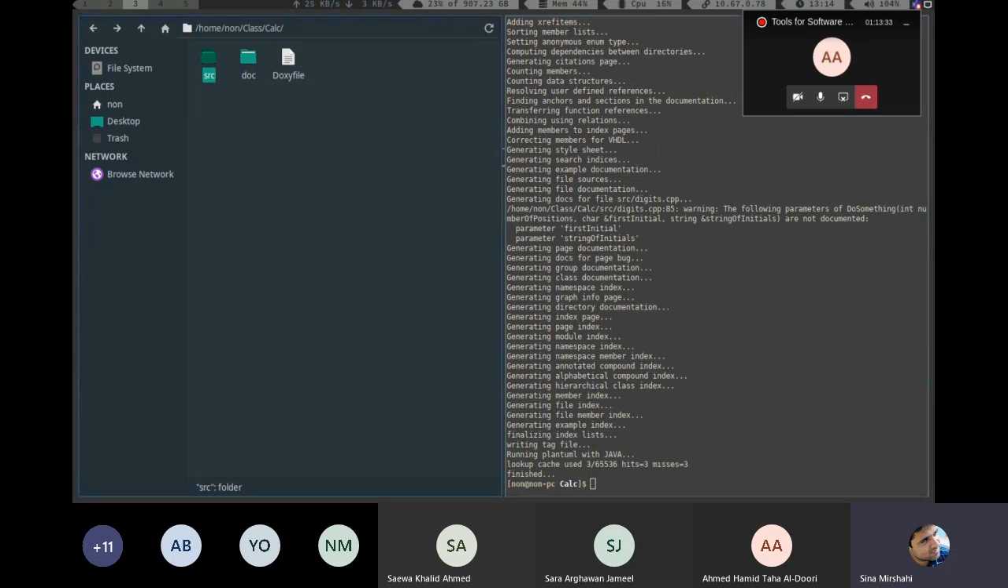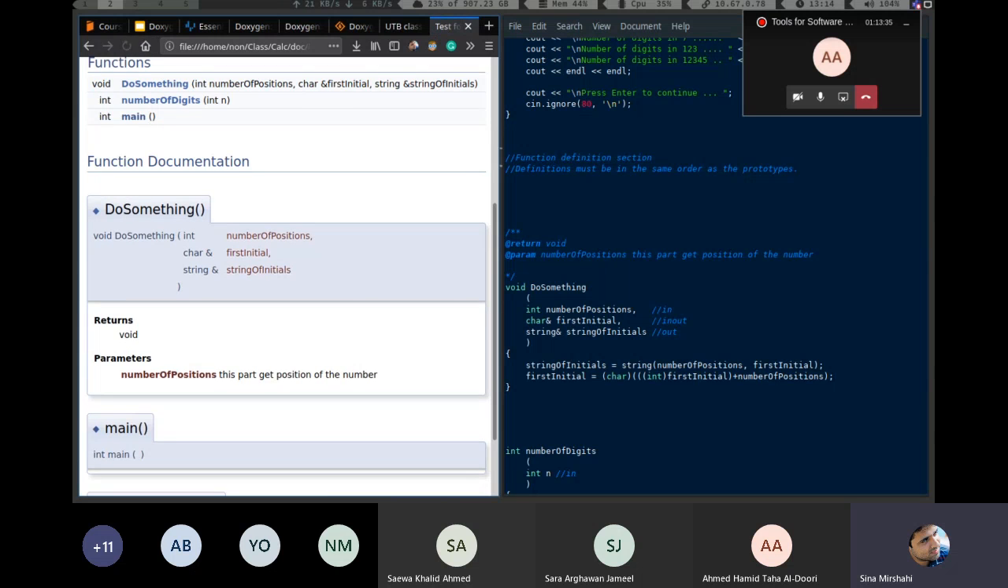Doxify. So that's it. And let's refresh our page. See, do something, returns void, parameters. For example, number of this part get. So as you see, without any effort, I create an HTML file. And even if, for example, I change it later, let's say just 1 week later, 2 months later, or whatsoever,